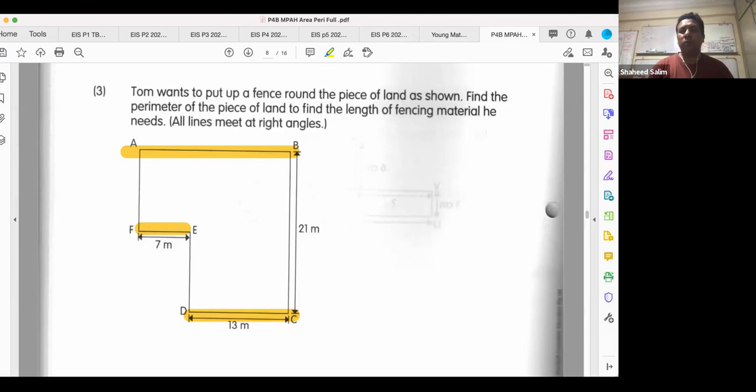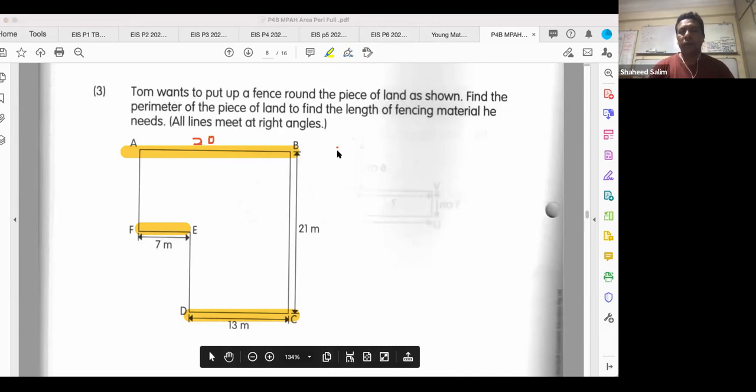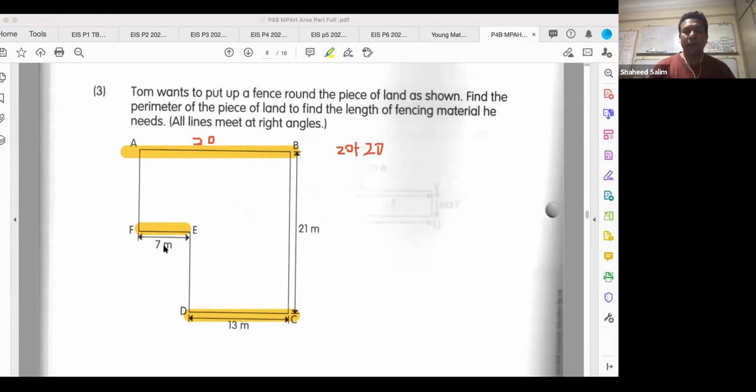Okay, we do step by step. Very simple. 13 plus 7, 20. So this is 20. 20 plus 20. Where I get this 20? 7 plus 13 is 20. Down here is 21. Down here is also 21. These two, you don't need to know. You say, I don't know how much is it. Never mind. This plus this is 21. So you add plus 21 plus 21. And congratulations, Miss Shafia. Your answer is correct. 82